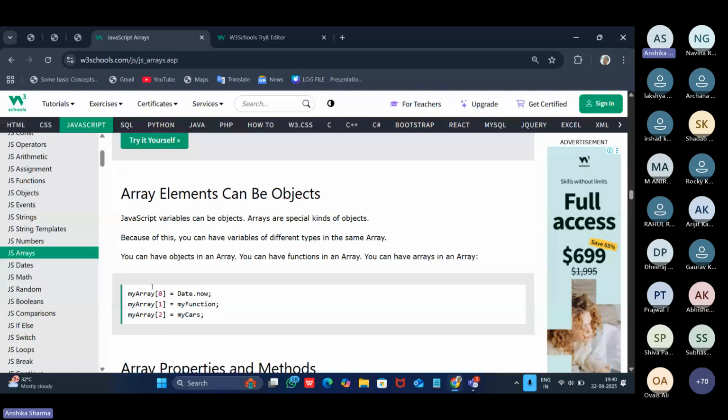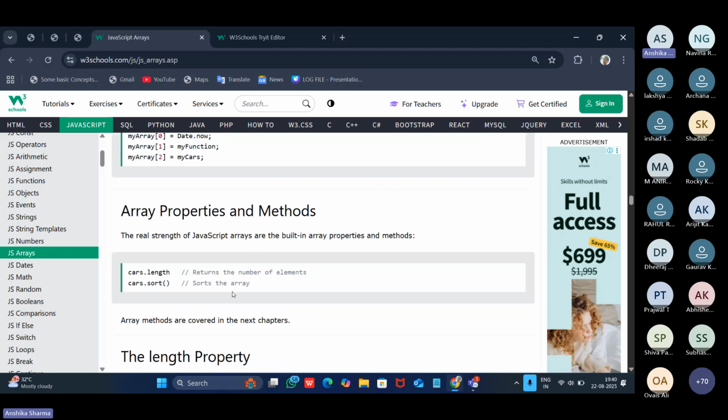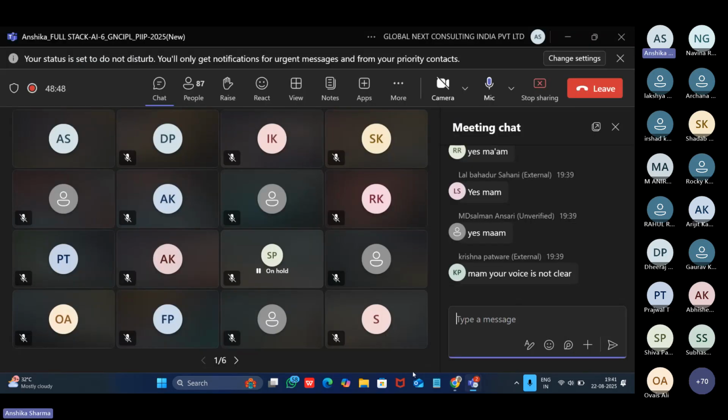So they are telling us array elements can be objects, as we have already seen that in JavaScript, every entity, every data structure is an object only. So array elements are also considered as object. So they have few properties and methods like in strings also we have the length property. Dot length will be telling us the length of the array. By length of the array, they will mean whatever indexing up to, if in case you have indexing till 5. So what will be the length of the array? If in case you have an indexing till 5, like n is equal to 5, so what will be the